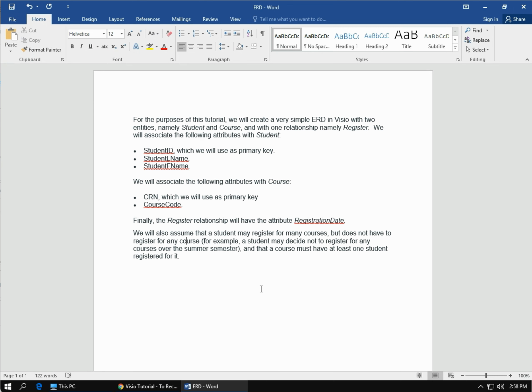For the purposes of this tutorial, we will create a very simple EID in Visio with two entities, namely student and course, and one relationship, namely registers. We'll associate the following three attributes per student: student ID, which we will use as primary key, student LName for